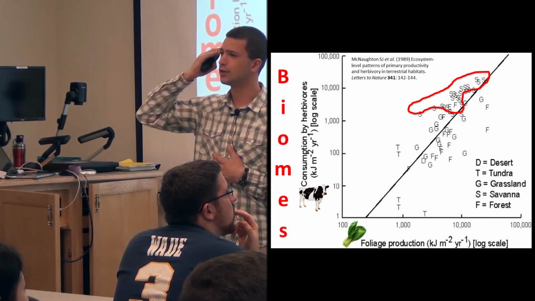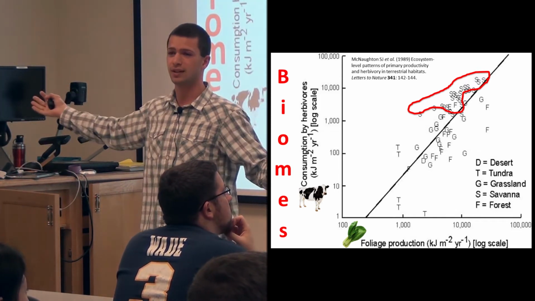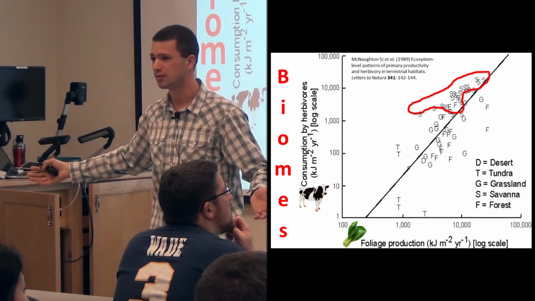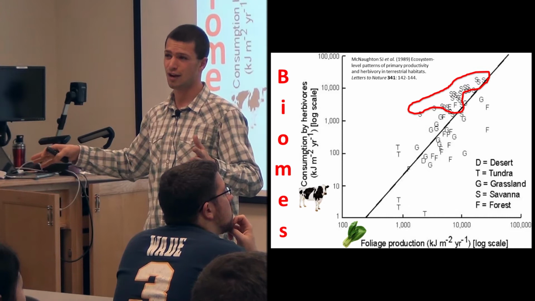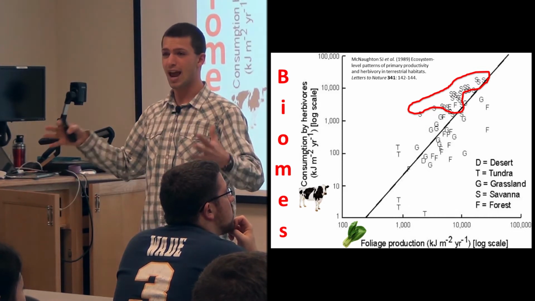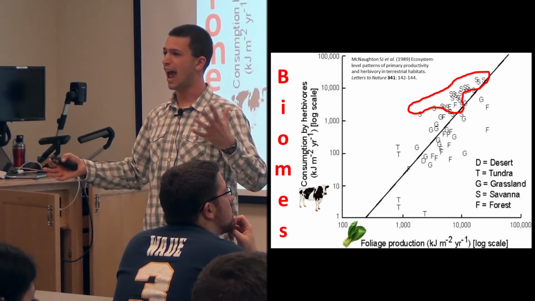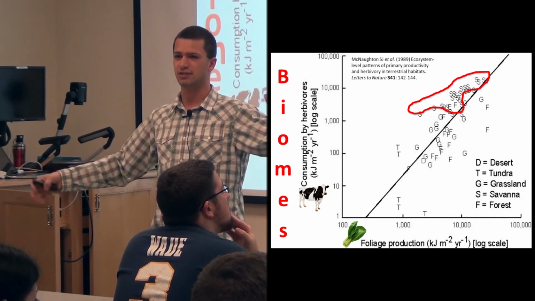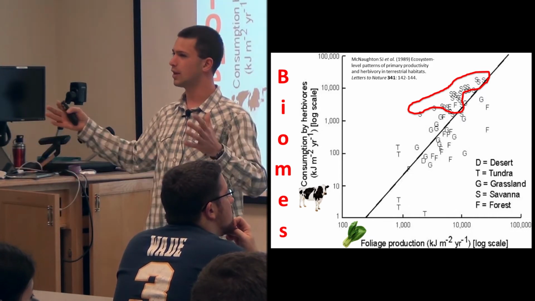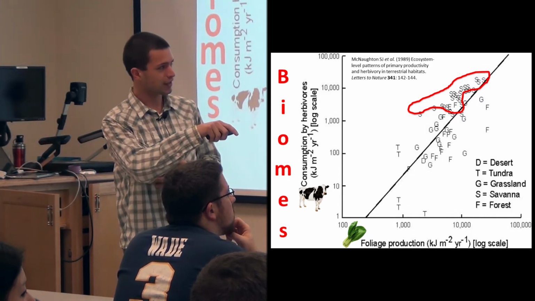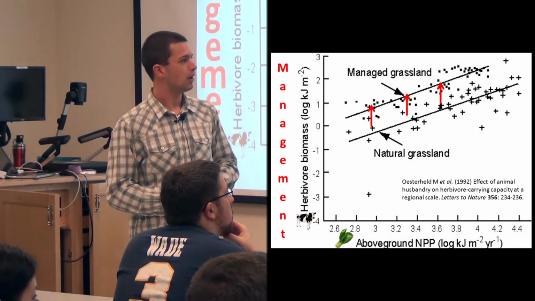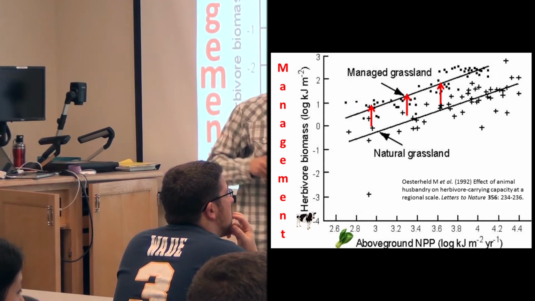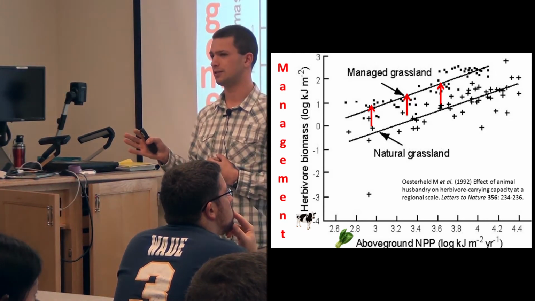If you go to the rainforest, yes, there are lots of plants there, but how many big animals do you see in the rainforest? There's not a lot. There are a few cats and birds and stuff, but when you think of big animals, where do you think of? Like the African savanna, you've got the elephants and the lions and all the antelope and zebra. That's where the animals are. So it's kind of interesting that the different systems perform differently like that. Same axes here. This is where the humans come into the system.